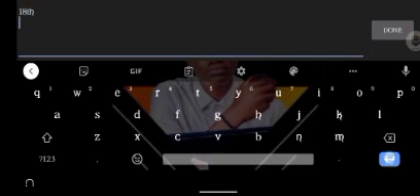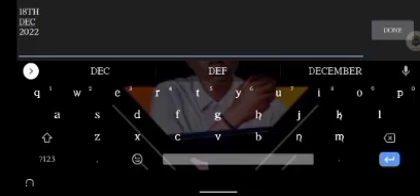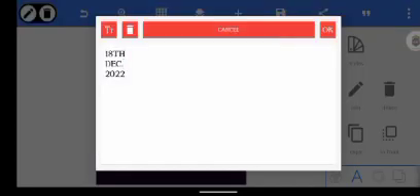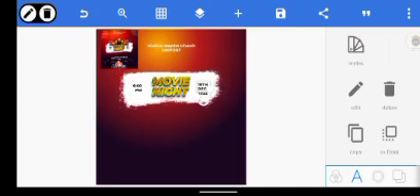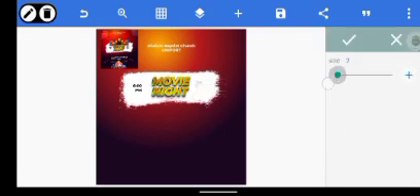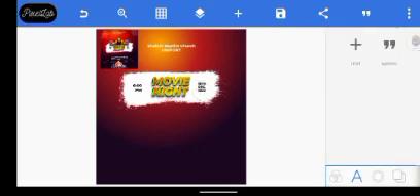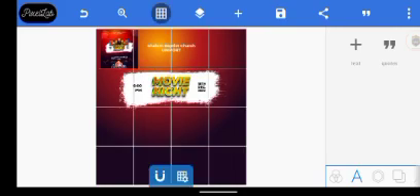So say 18th December 2020. Just clicking on this TT button and adding a full stop there. Alright, and reduce the size so it can fit into the others. A size of 14 is okay, or 12. Okay, that has been done, so we have to run our grid line this time in order